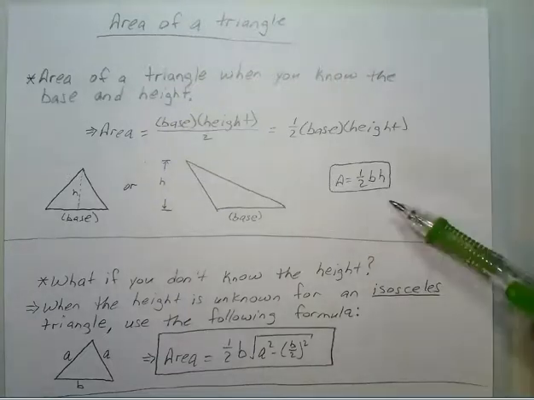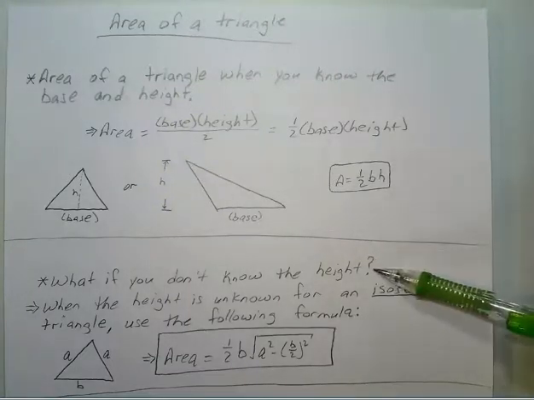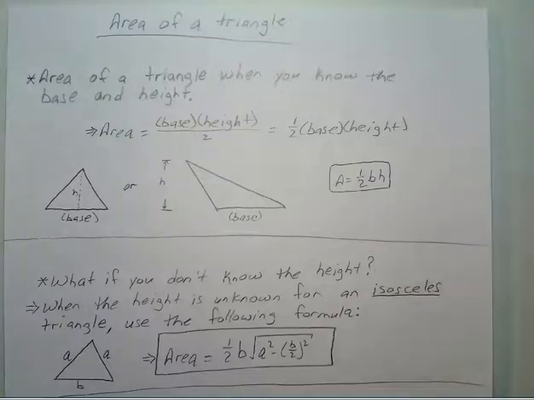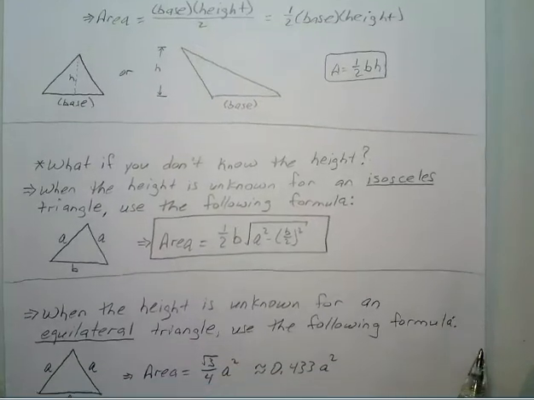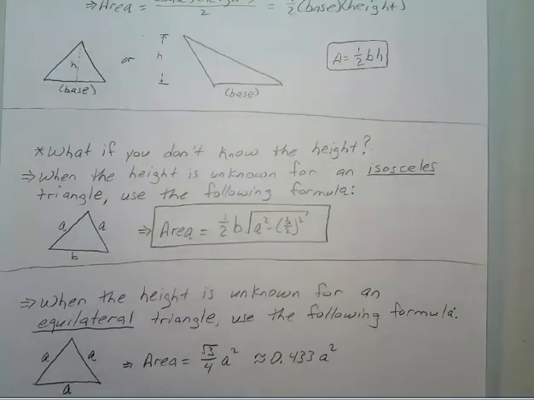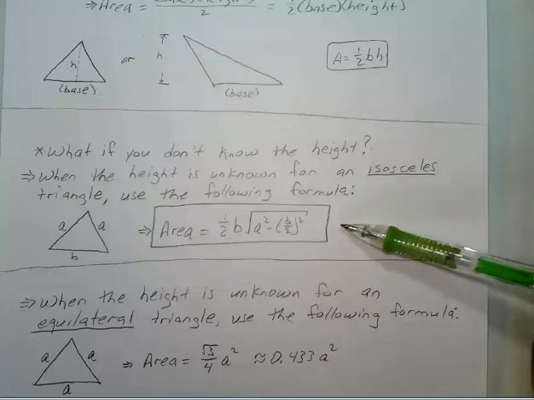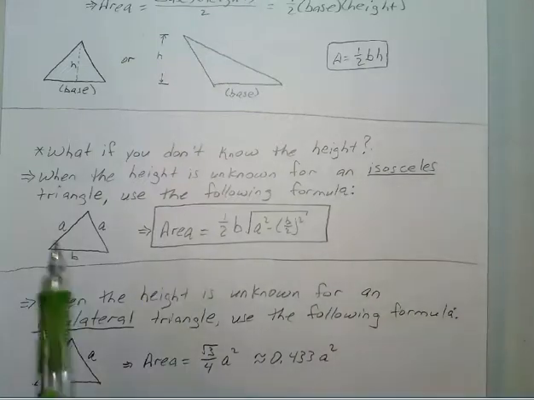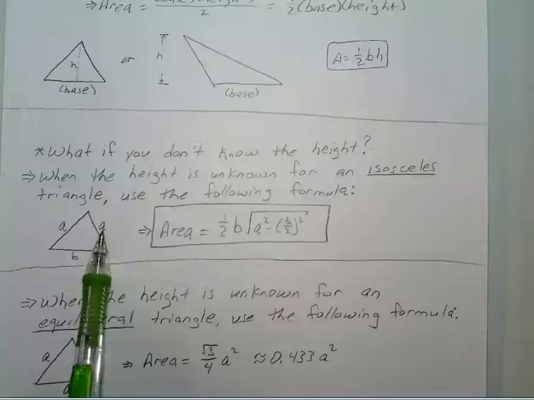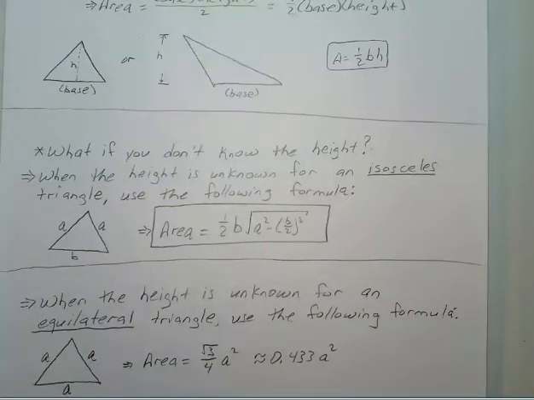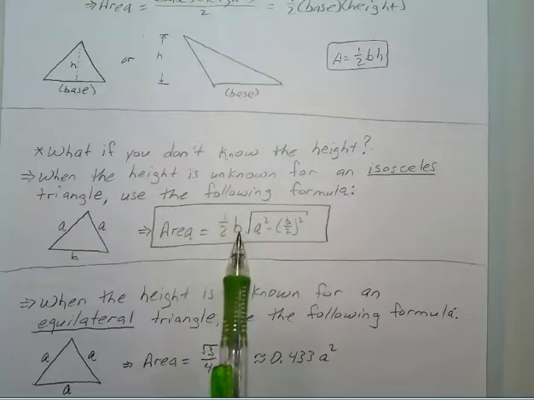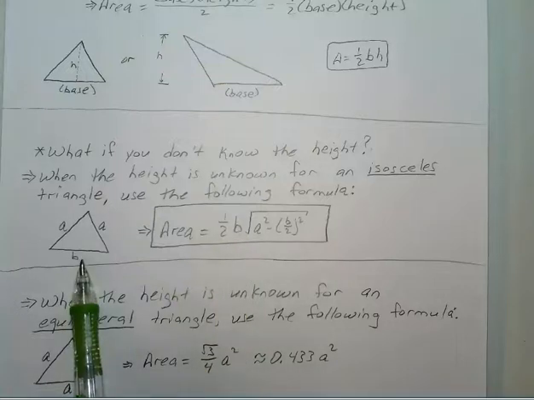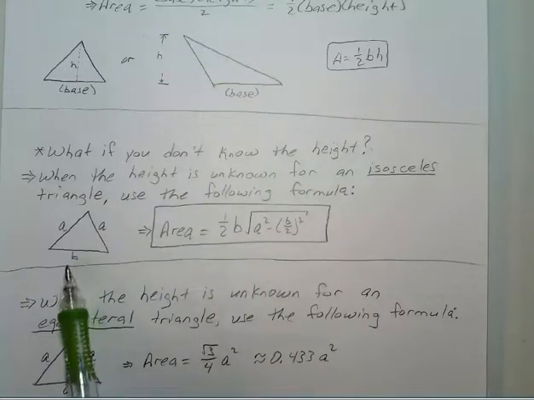So what if you don't know the height? Well, there are different circumstances for that. If you don't know the height, you're going to use this formula when you have an isosceles triangle. Remember, an isosceles triangle is when you have two sides that are the same and the third side is different. So when you have an isosceles triangle, you're going to use the formula area equals 1/2 times b. Remember, the b is not your base. B is just b, whatever that side happens to be,